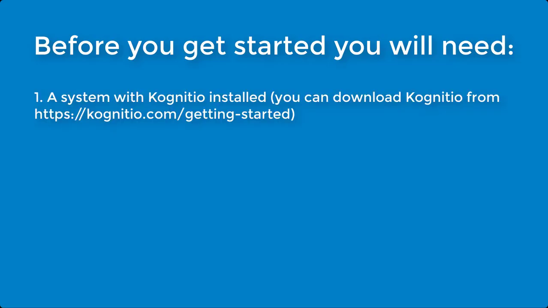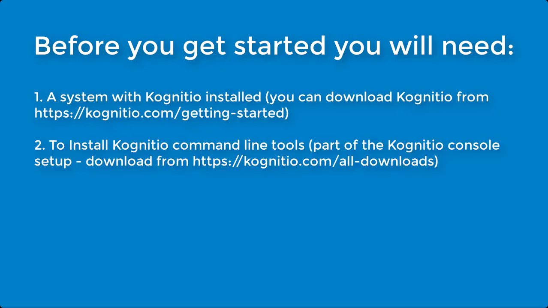You will need to have a system with Kognitio running on it. If you don't have this set up, you can download the software and find out how to install it at kognitio.com/getting-started. Assuming you have a system with Kognitio running, you will then need three things for this Power BI setup. Kognitio command line tools installed, which is part of the Kognitio console setup. You can find this at